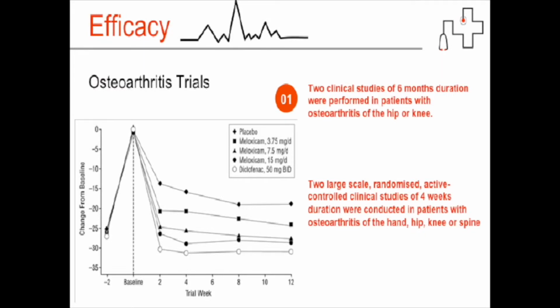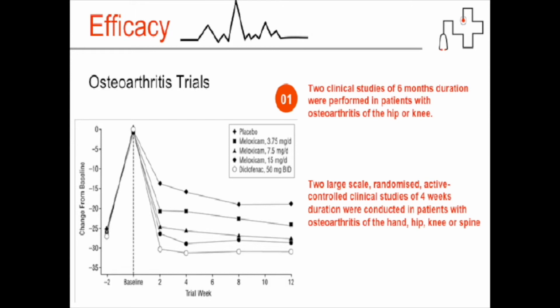Two clinical studies that lasted 6 months were performed in patients with osteoarthritis of the hip or knee. In the first study, the efficacy of meloxicam 15 mg and piroxicam 20 mg were found to be comparable. One daily dosage of meloxicam 7.5 mg and 15 mg showed a consistently more efficacious response than placebo in a